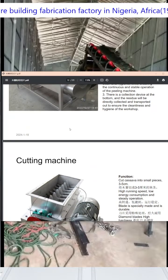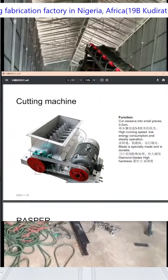So this is the peeling machine. In cassava flour processing, after peeling, next is grinding, or grating cassava to slurry. So we matched this one. For high capacity, we match a two-stage grating machine. Because cassava tubers are long and big, and for high capacity the machine works continuously, we need to ensure the grating effect. So we designed a two-stage